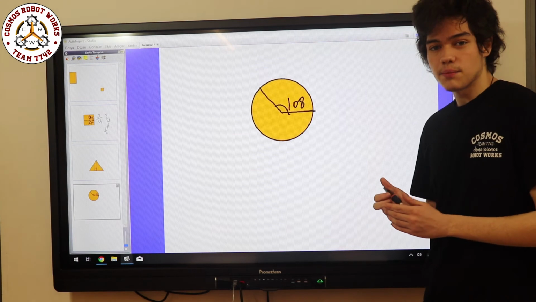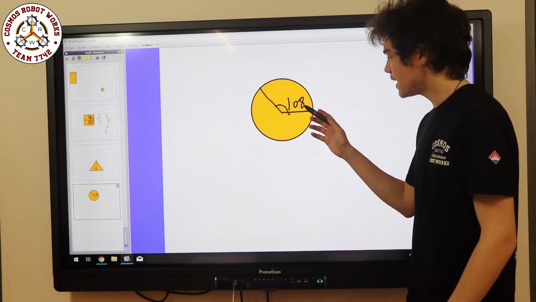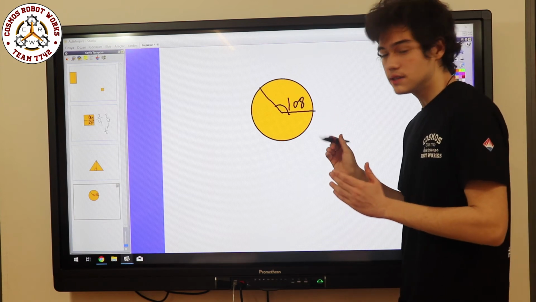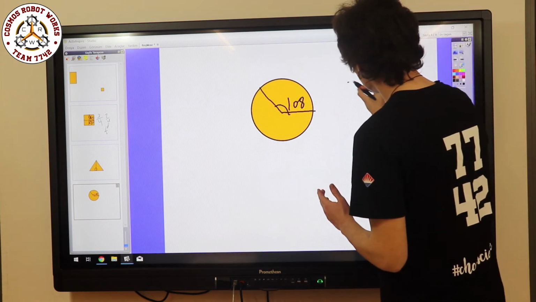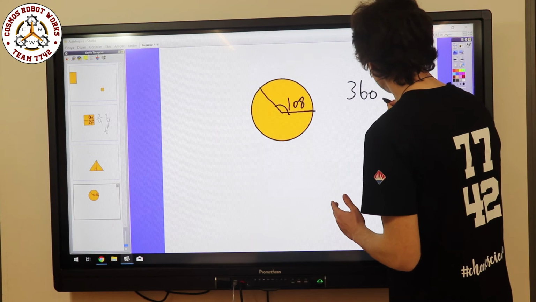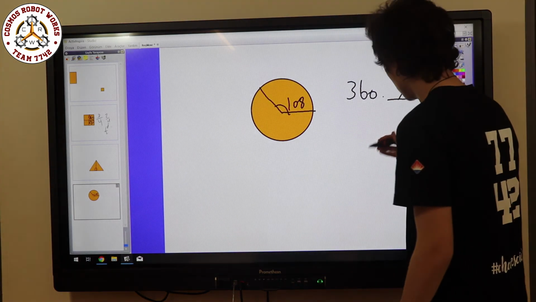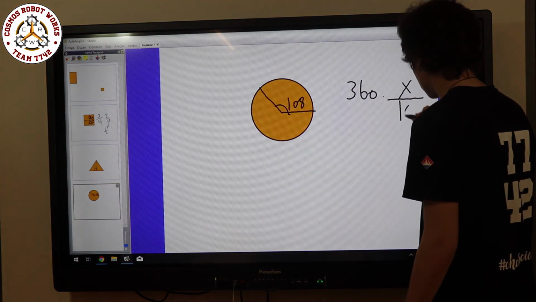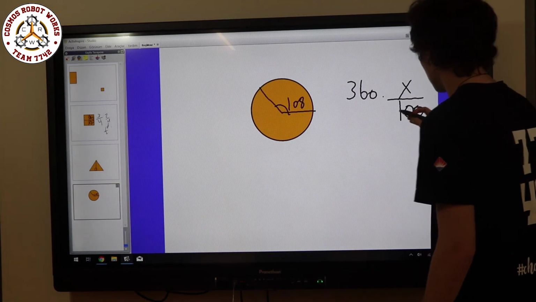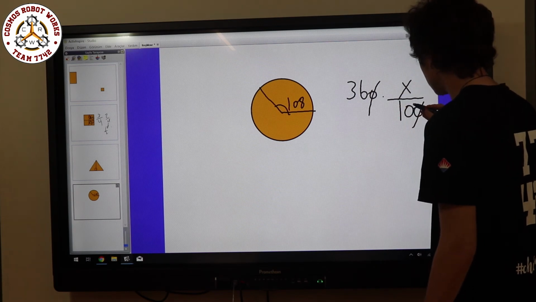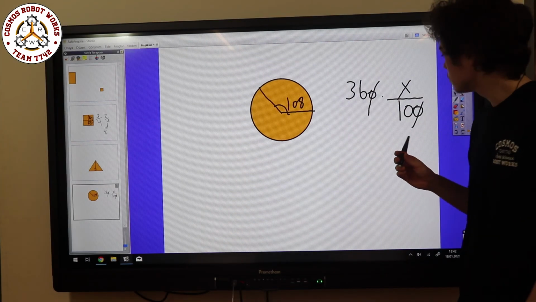Okay, let's give an example. Let's take this angle as 108 degrees. Now, the maximum angle is 360 degrees. So, by doing simple maths, this is a percentage ratio, and we take 100 here. We take 100 here, and by doing simple maths, we can find that this is, now from this point, the